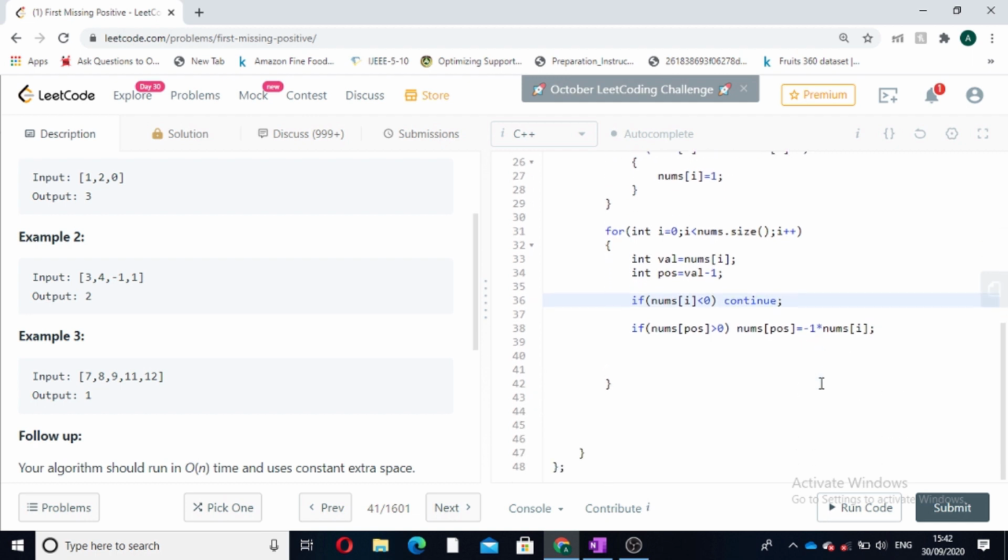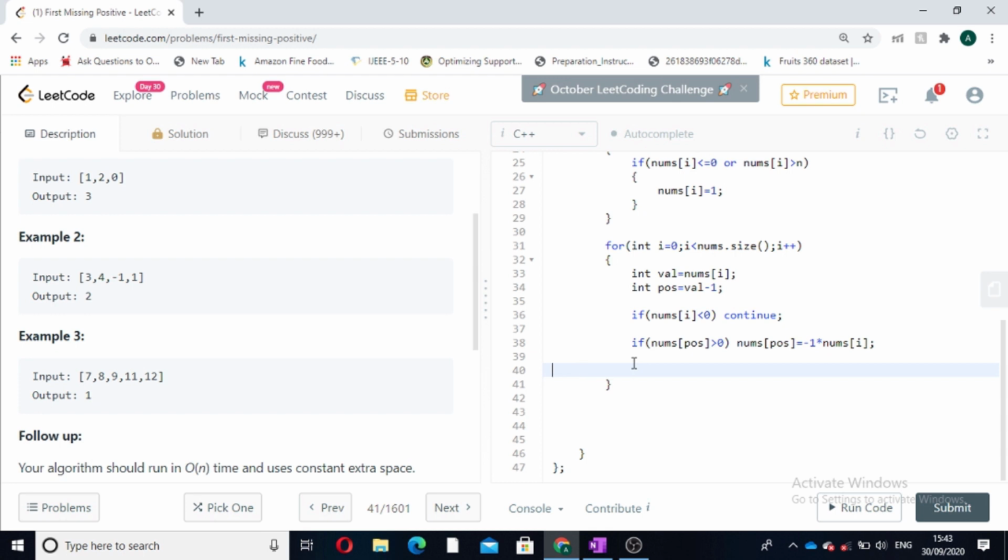This was the step we have to do. Now we have tackled both the steps. If nums[i] is less than 0, we have to continue, and if nums[pos] is greater than 0, then we have to make it negative. So in the end, this was the entire loop.